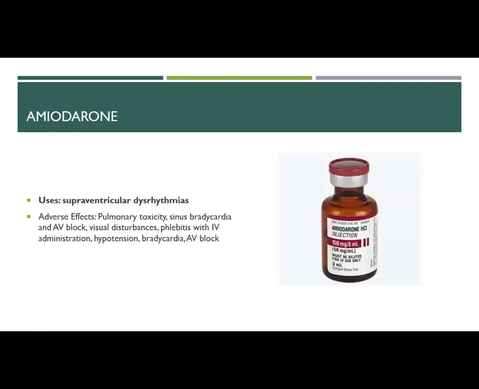So amiodarone. Some of its uses are supraventricular dysrhythmias. So if a patient has had a heart attack and they're experiencing supraventricular dysrhythmias, one of the medications they'll use is amiodarone. We used amiodarone a lot in my post open heart patients, because right after somebody has open heart